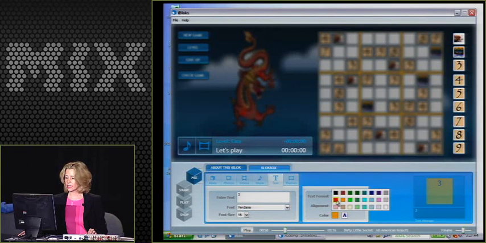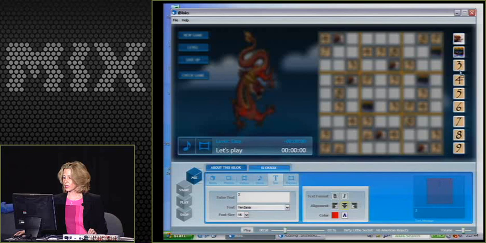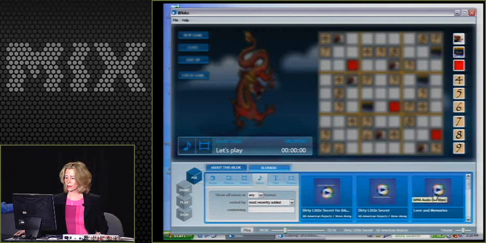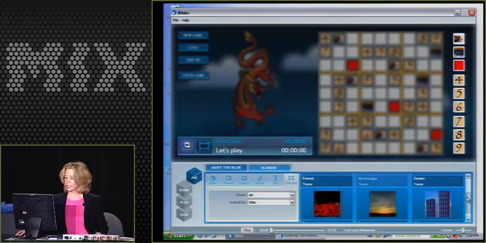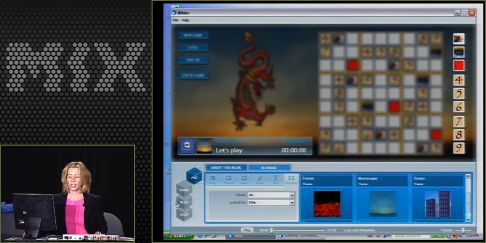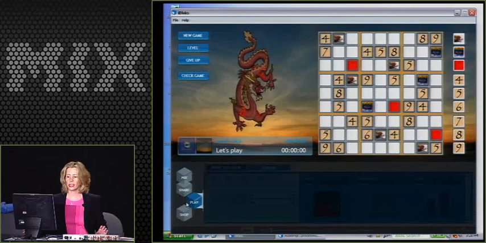And again, you can see the ability, it's very simple to be able to just totally customize the game. Have my music that I want, so I'm going to add a different song, add a different background really quickly here. And now, rather than having a Sudoku game just like everybody else, I actually have the ability to play